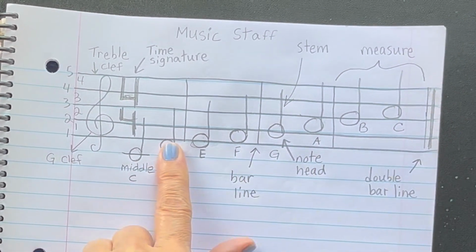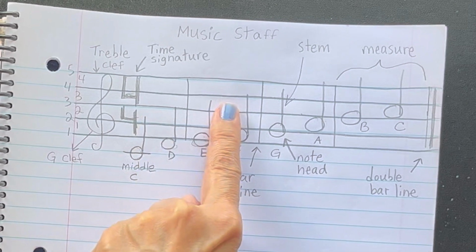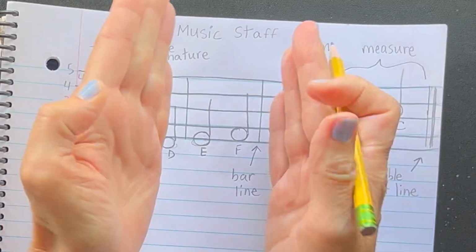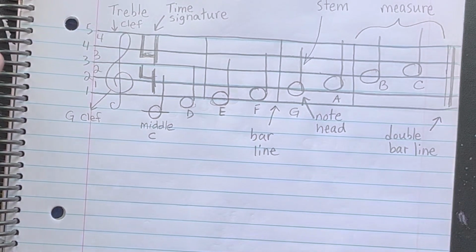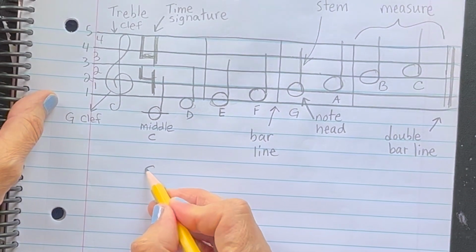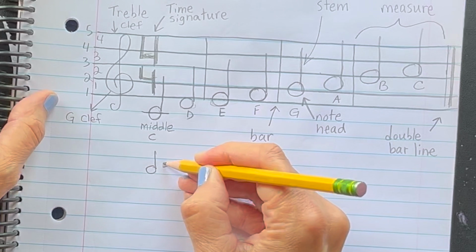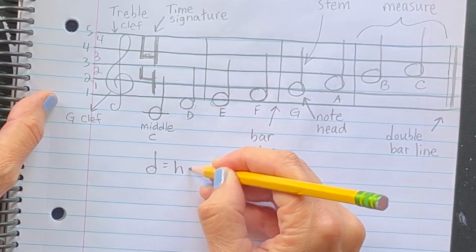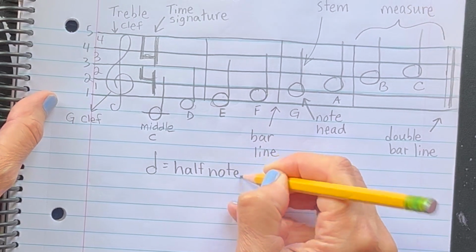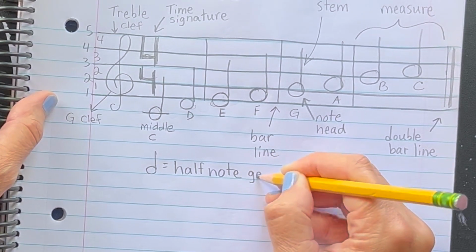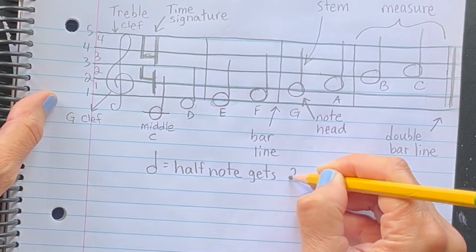We have 4 measures. Let's count them together. 1, 2, 3, 4. Everything inside 2 bar lines is a measure. Now I'm going to draw a half note and I'm going to label it like this. Half note gets 2